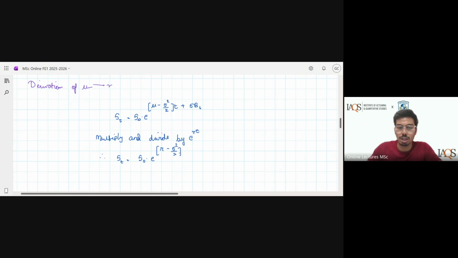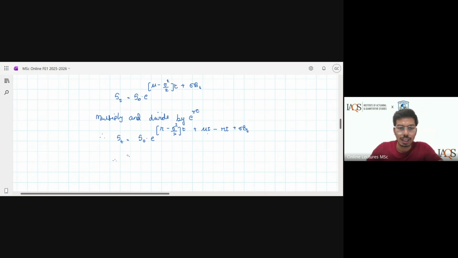So (r − σ²/2)t + μt − rt + σBt. What did I do? e^(rt) that I'm multiplying, I've put it inside. μt, I brought it outside, and I'm also dividing by e^(rt), which is minus rt. So I wrote that over here, and my σBt is as is. Fair enough. Now, can I say St is equal to S0 into e raised